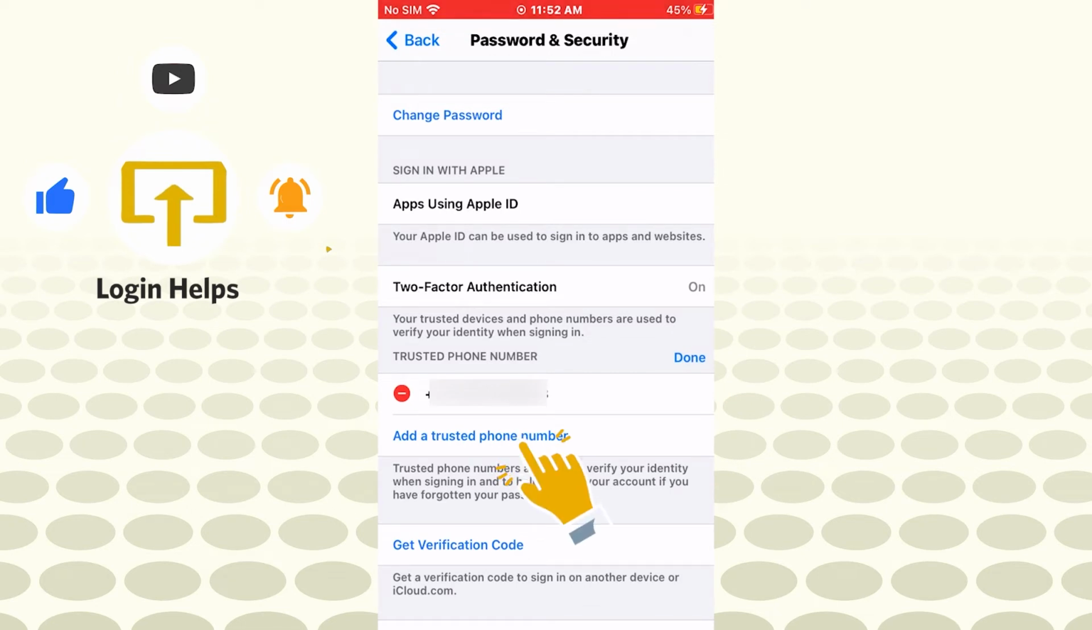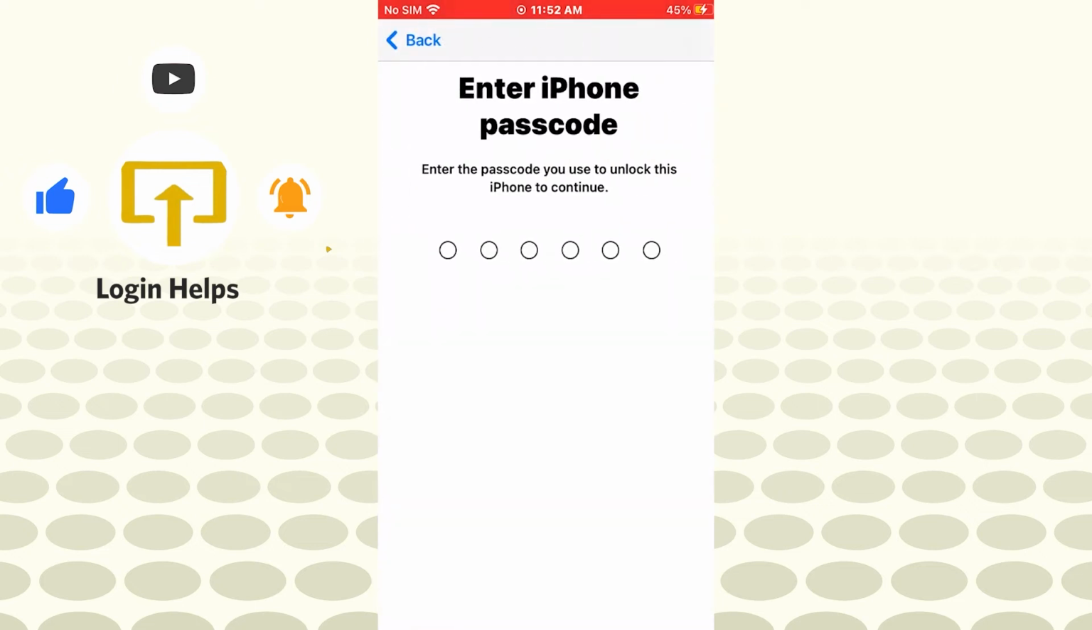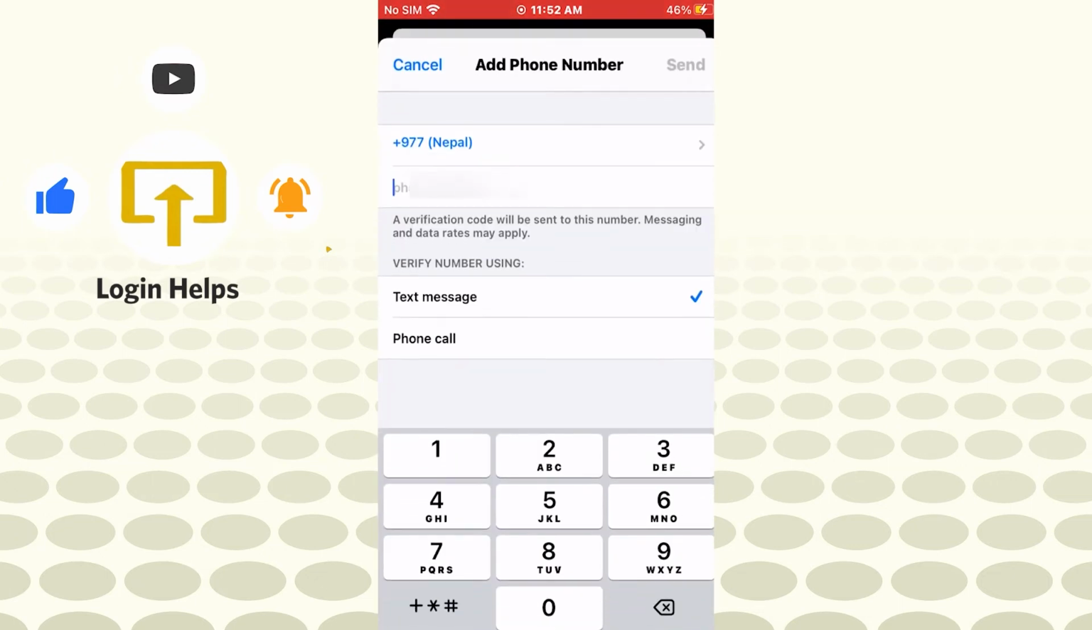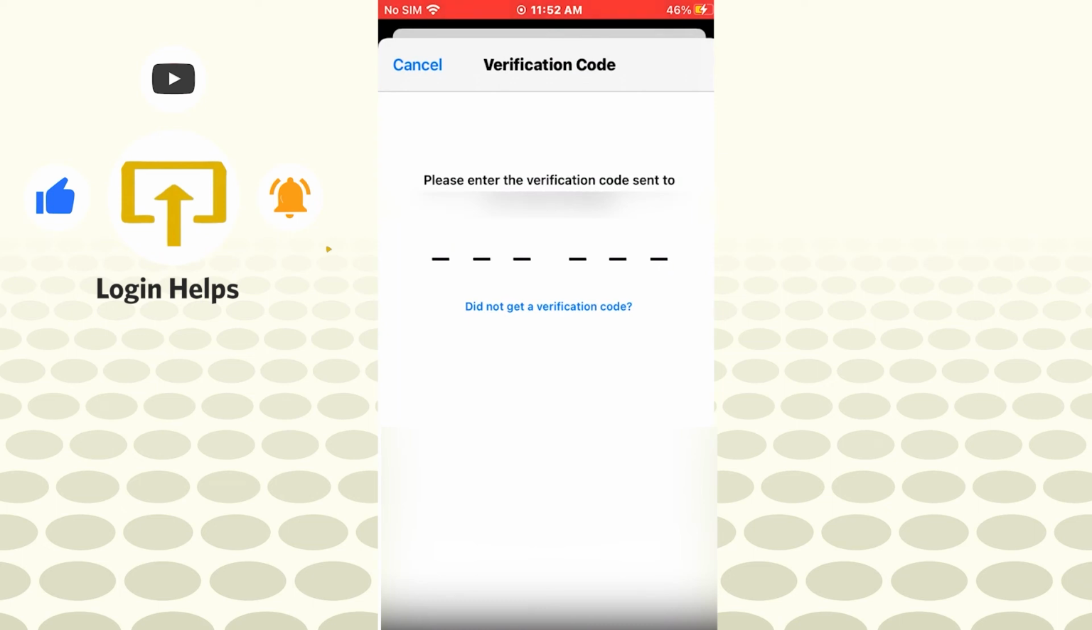to tap on add a trusted phone number like this, and your iPhone will ask you for your passcode. Enter your passcode. For me, it will be this one. And after that, enter your number, which one do you want to add to your iCloud. Tap on send on the top right and click on done, and a verification code will be sent to you